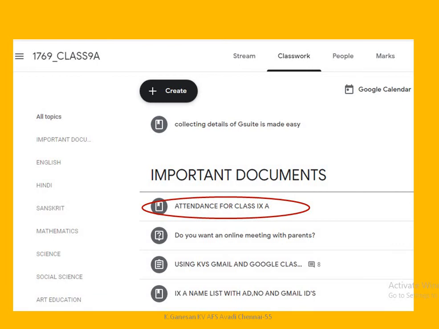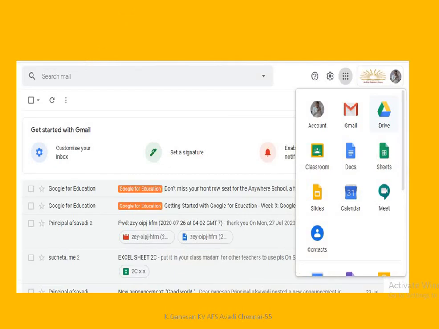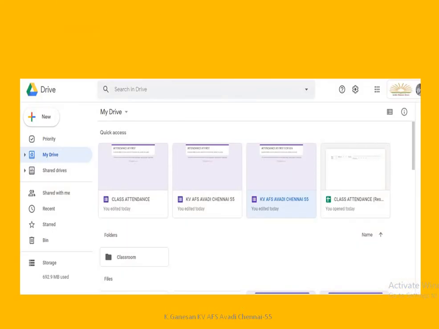Now the third part: sir, what to do daily? If they give attendance, how many percent, how many absent, where are these statistics? Yes, we made giving attendance easy for the students. Now how to get the results or the statistics? For that, go to your email, click Drive, and you will have Forms, Google Sheets, documents, etc. There are so many things, but again click that same attendance form.